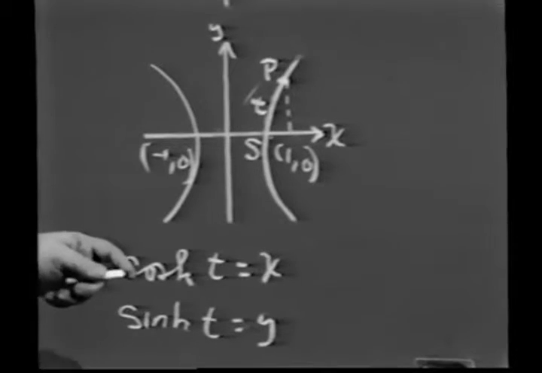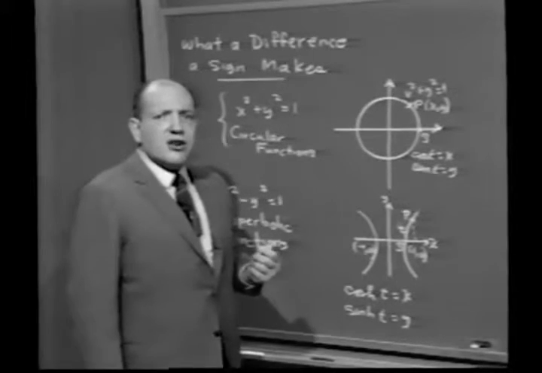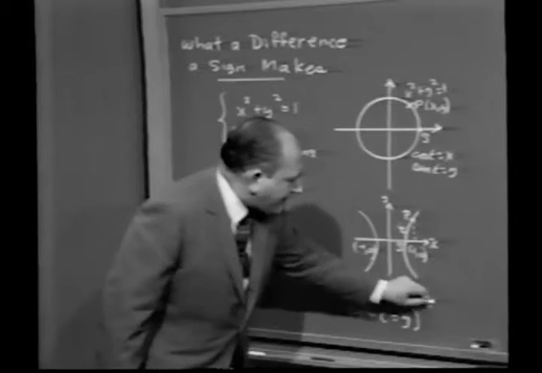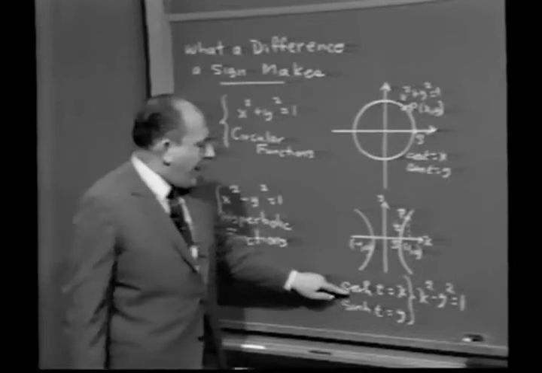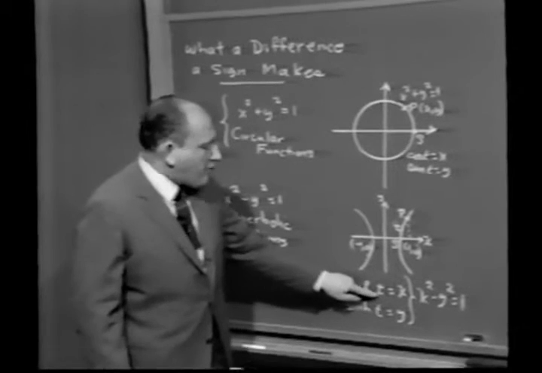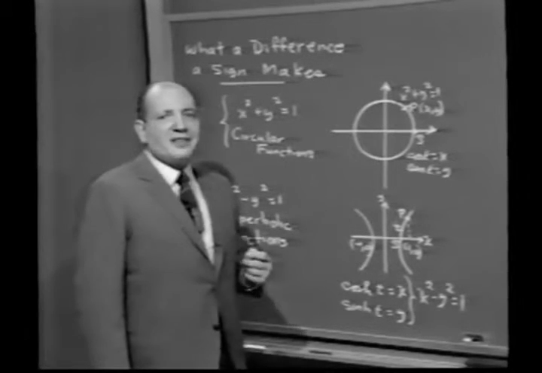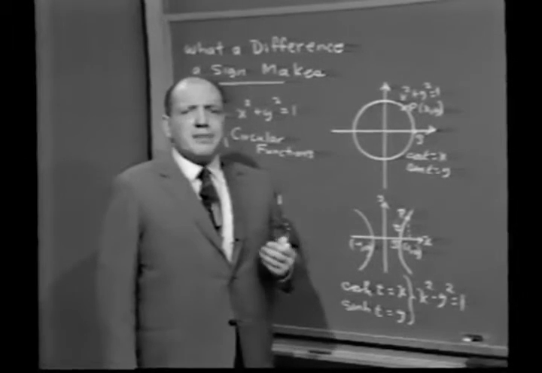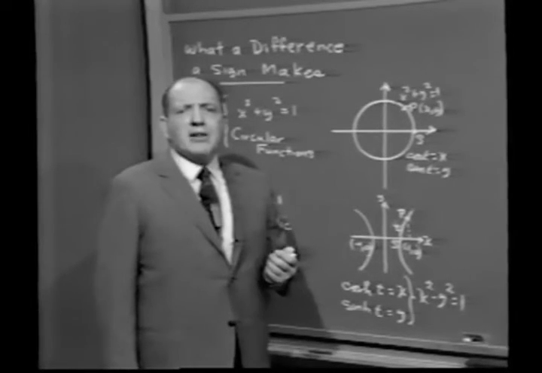And in the same way that x squared plus y squared equals 1 gave us the circular identity that sine squared t plus cosine squared t is 1, the fact that x squared minus y squared is 1 gives us the hyperbolic identity that cosh squared t minus sinh squared t is 1. So again, notice great similarities, great differences. I'd like to make just a brief aside to point out how, in one sense,